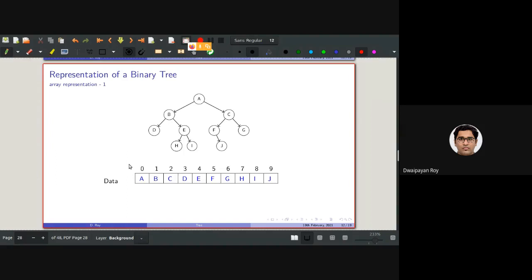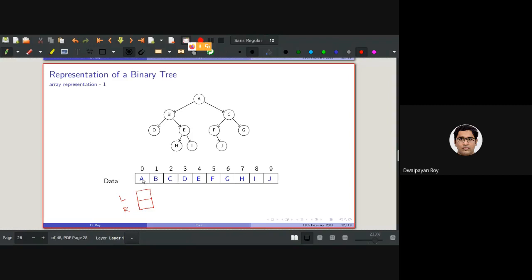One array for the left child of every node and one array for the right child of every node. Very nice. So how are you going to address this? The left child of A: you can consider a column here, this can be considered as left, this as right.